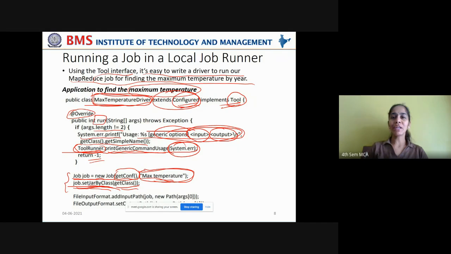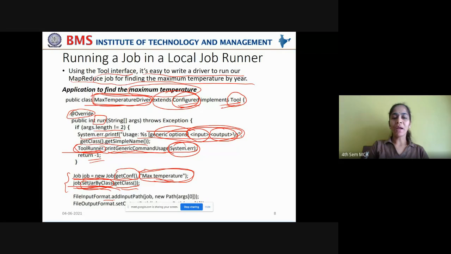What is the class you are getting here? Max temperature. Right now, all that max temperature code is now packed into your jar file. Now you are giving other code, the same as your max temperature class.